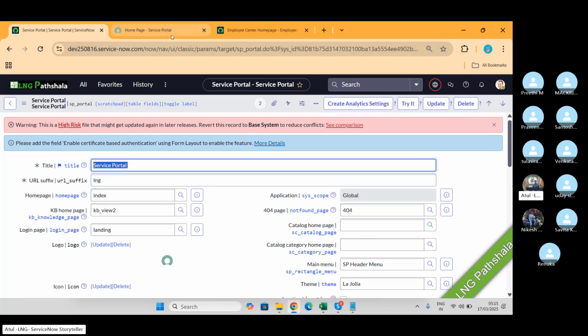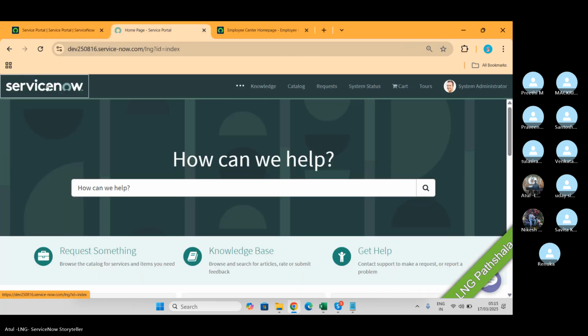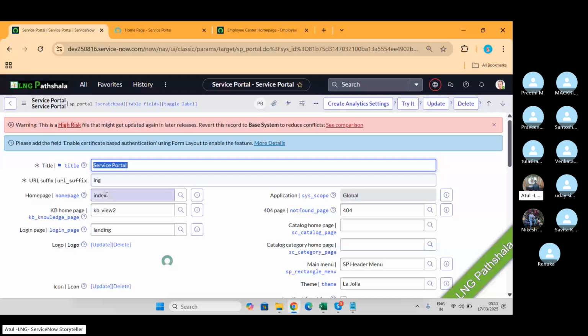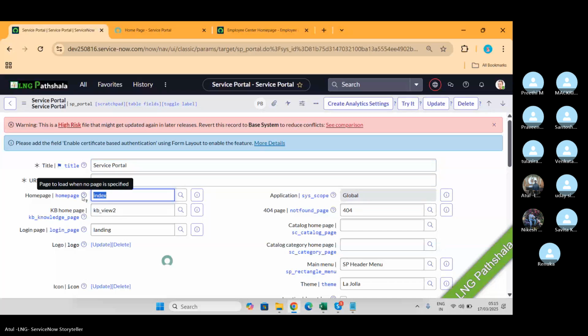Home page. When you click on this, it is going to index. But what does this mean? It doesn't mean that simple writing will work. What type of field is it? Reference.